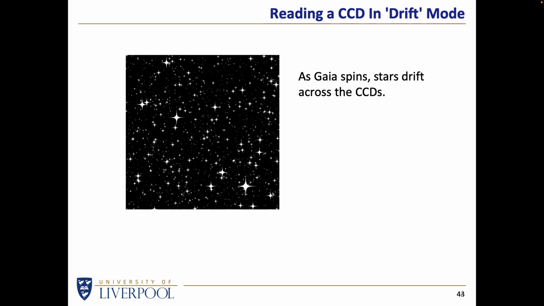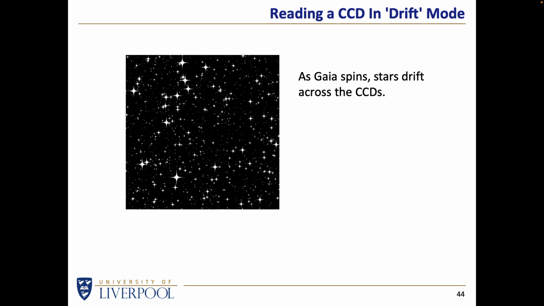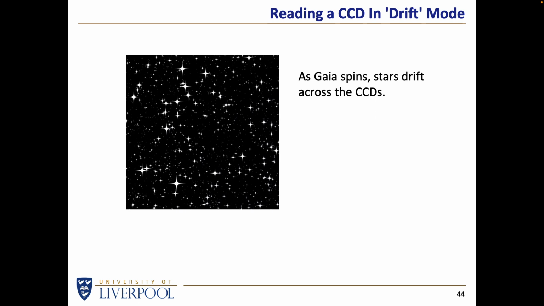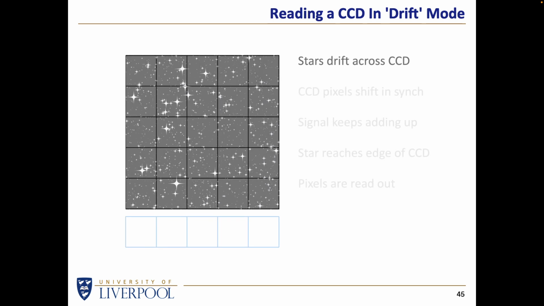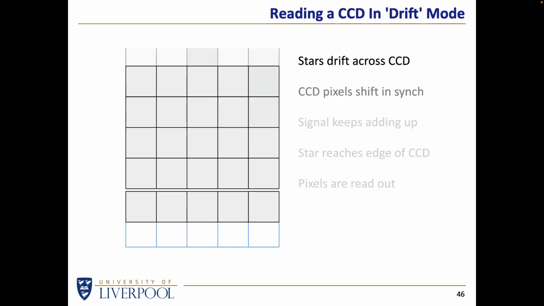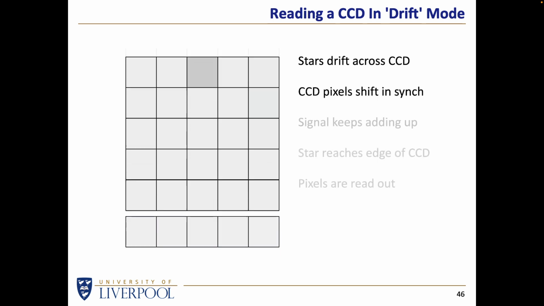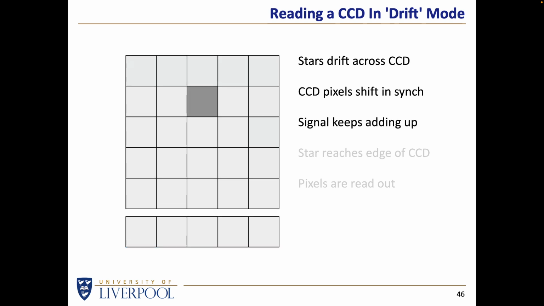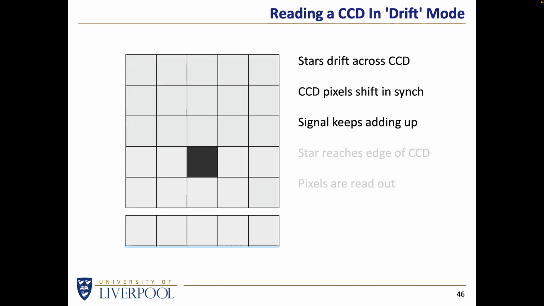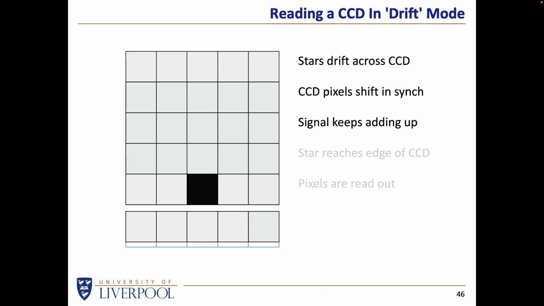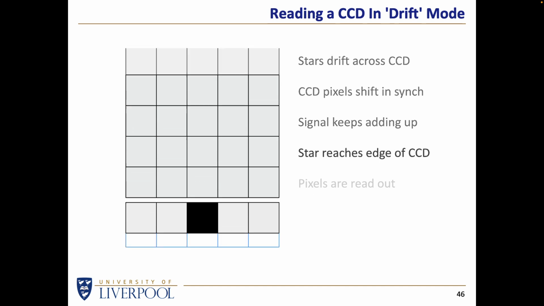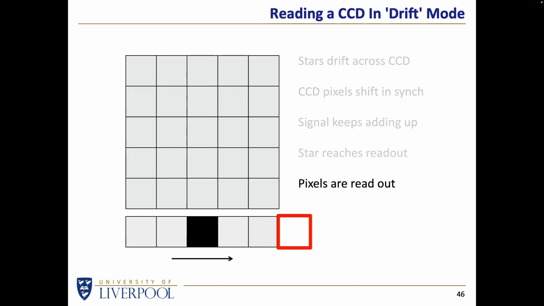Because the stars are moving, let's say in this case they're moving from top to bottom, the CCD is read out like I've shown before, but it's read out continuously. So in other words, the pixels are continuously shuffling from the top down at exactly the same speed at which the stars are drifting over the CCD array. So the star stays on the same pixel. Once the star reaches the end of the CCD, again, the individual pixels are read out, and then